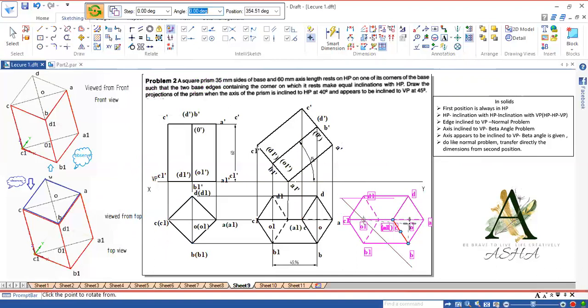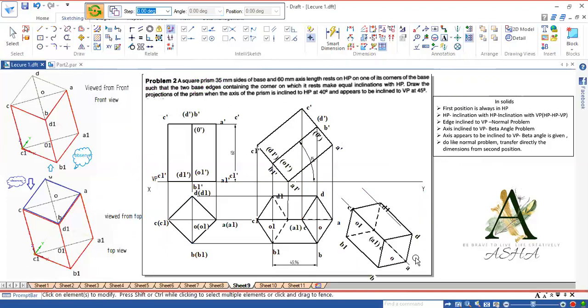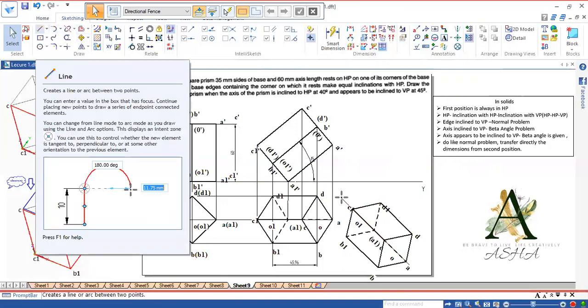Select everything from O1 to O. Make it such that this line will be along 45-degree line. Okay, now we have rotated and the axis O1 to O is along 45-degree inclination line.